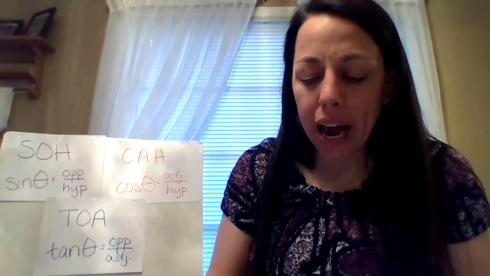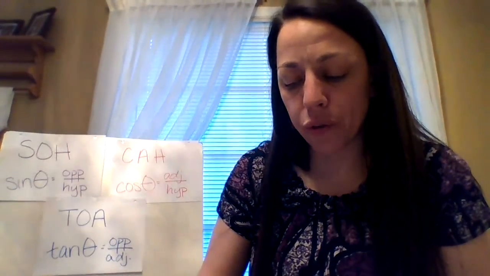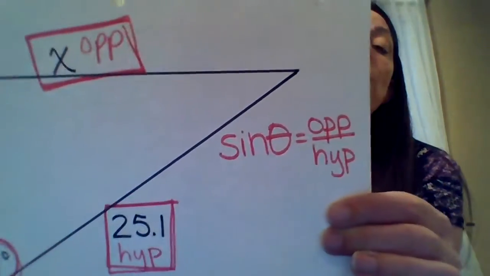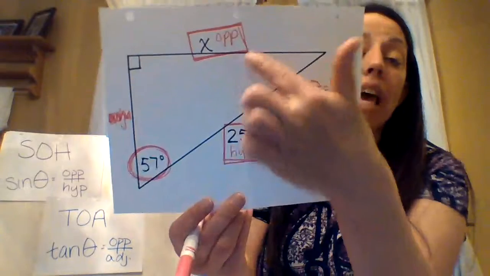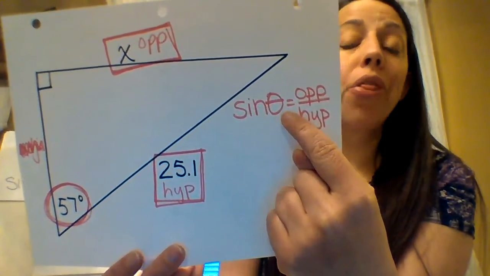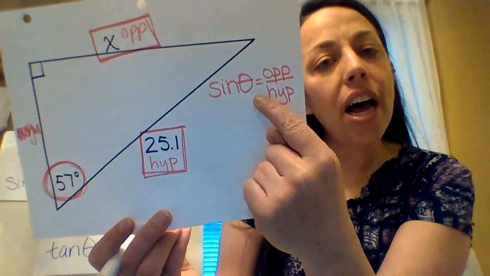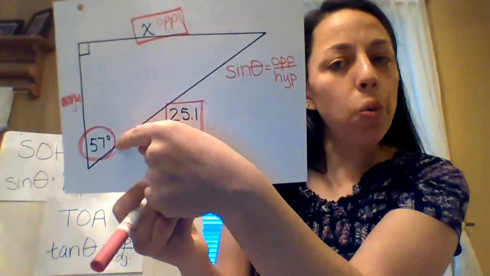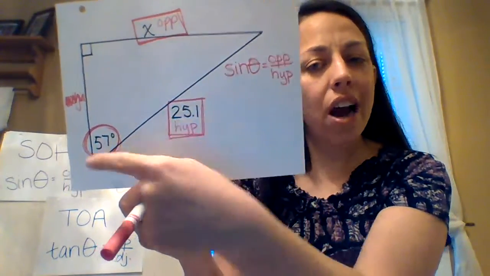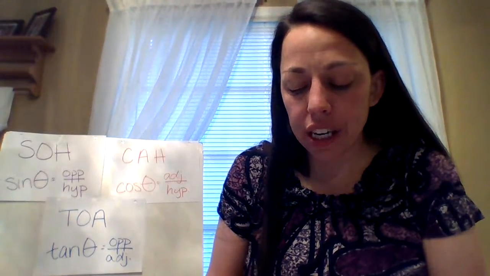So I am going to rewrite exactly what I have on the board behind me so you guys know where this comes from and you know what we're supposed to do. So we realized by our triangle and what legs we had that we're supposed to use sine. Sine of theta. Remember theta, and again, you can come back and listen to this. You might want to write this on your paper. Theta is our angle. Which one of these numbers is the value of the angle? All right, 57. So let's go ahead and write sine of 57 degrees